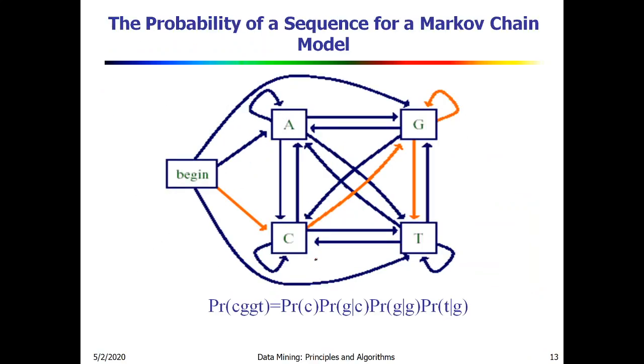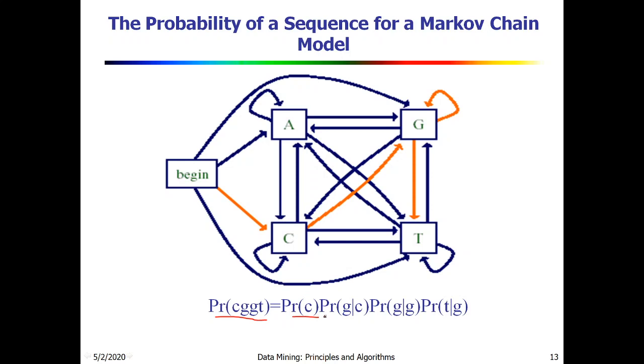For example, in a Markov chain model, we begin with a path given as C, G, G, T, and find the probability of C, G, G, T. Whenever you begin with a particular chain, we go to the first node, the first state, that is C. We don't have any previous node, so we are not taking any data related to the previous node. So this becomes the initial probability value.